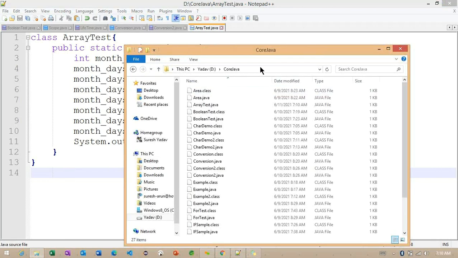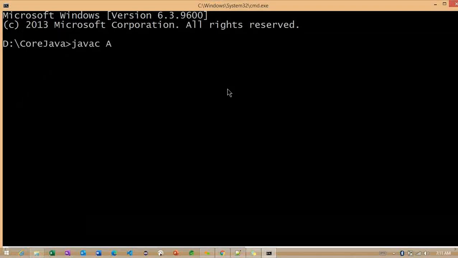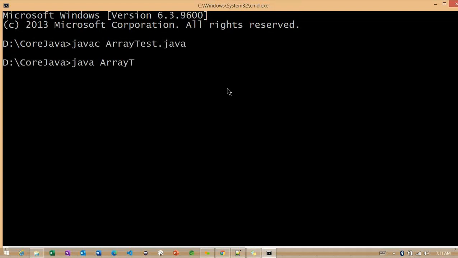Inside the core Java command prompt, javac ArrayTest.java. It's compiled successfully. Then run ArrayTest. Now what you see is that we are not getting the values here.